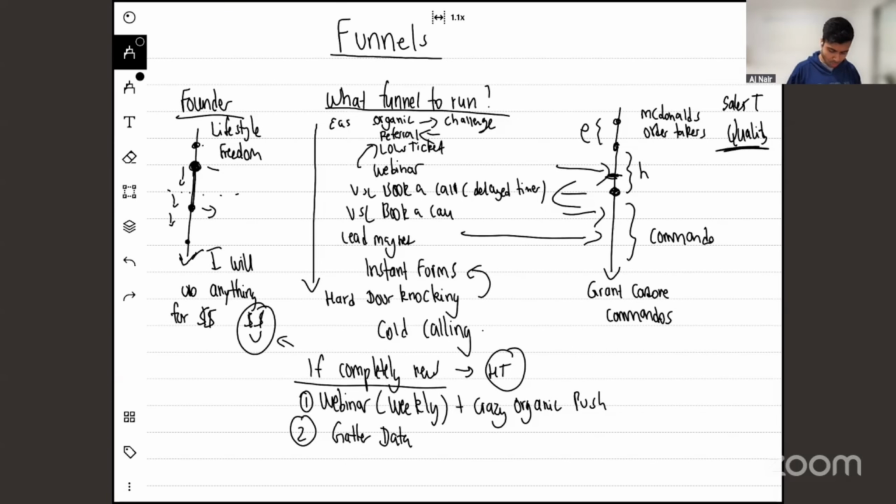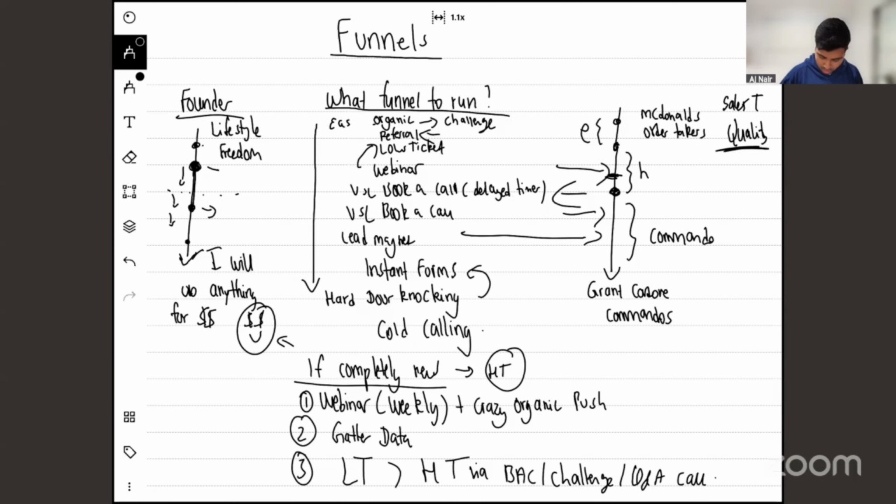And so you want to get the data. Webinars are the best way to do it. Again, because with a webinar, you're going to pitch, book a call. You're going to have a lot of data to work with to figure out, okay, where should my funnel be? What sort of funnel should I run? Okay. And then the end game I feel should always be low ticket. So low ticket to high ticket via book call, challenge,